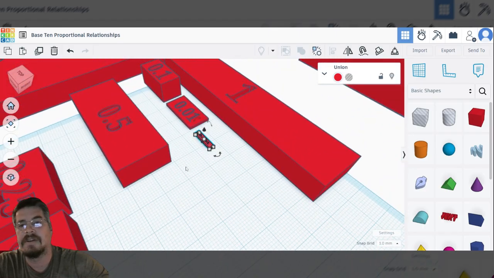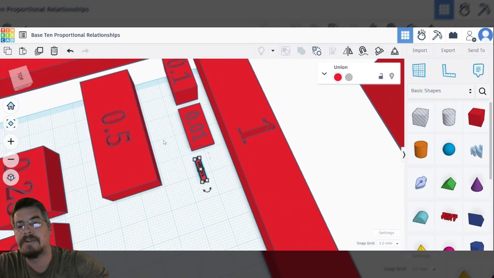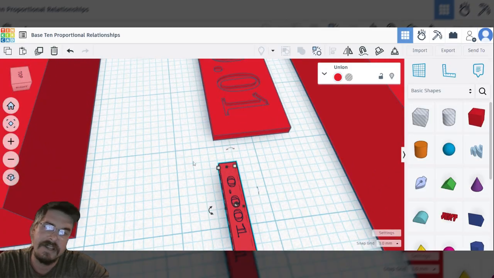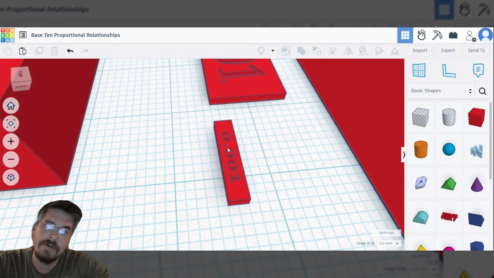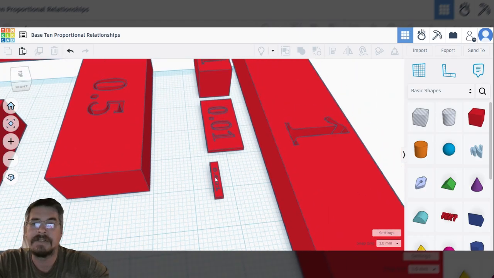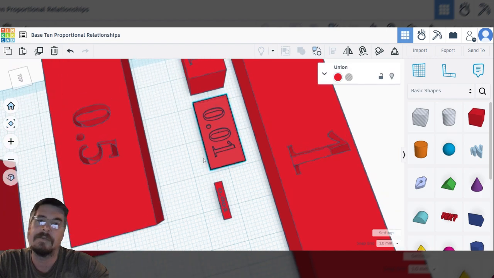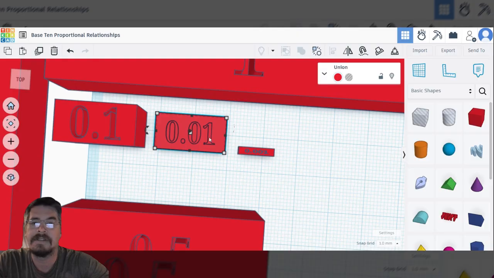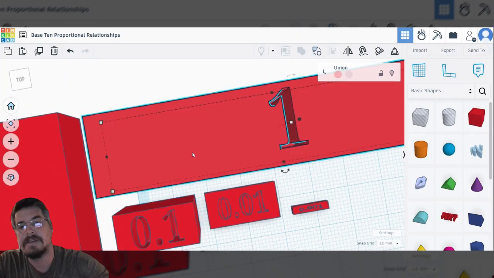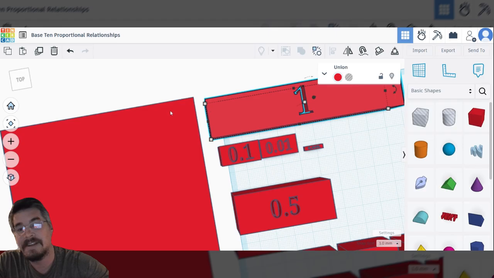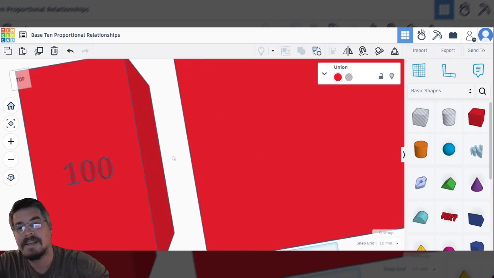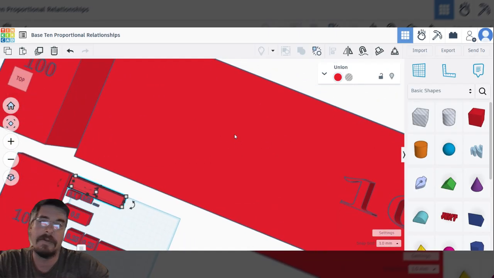And I'm hoping that we can use these pieces to model different decimal numbers. But I just wanted to introduce the idea to you here on Tinkercad because, again, think about how this number here, 0.001, 1,000th, takes 10 of those to make 1/100th. It takes 10 of these to make one of these, and 10 of these to make one of these, and 10 of these to make one of these, and 10 of these to make this, and 10 of those to make